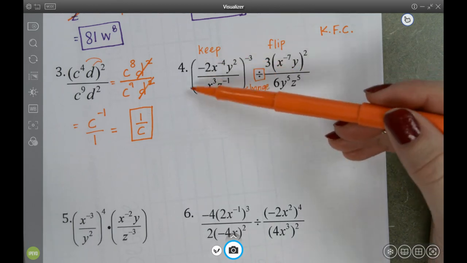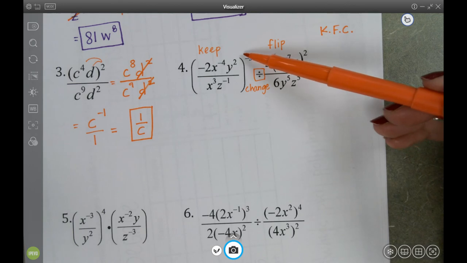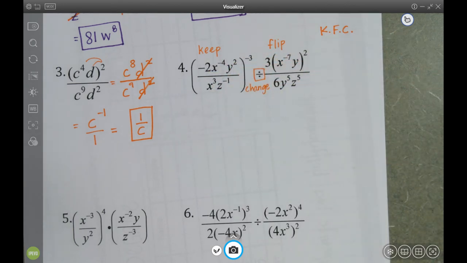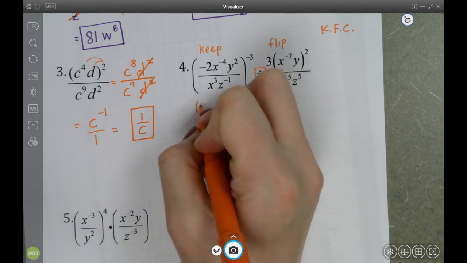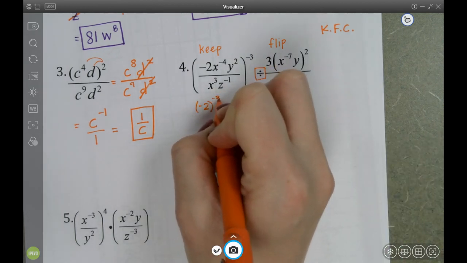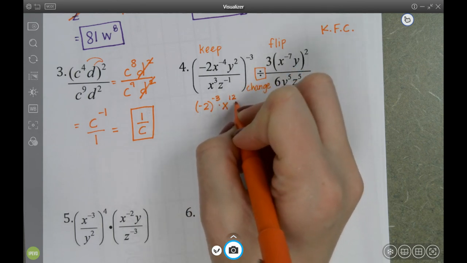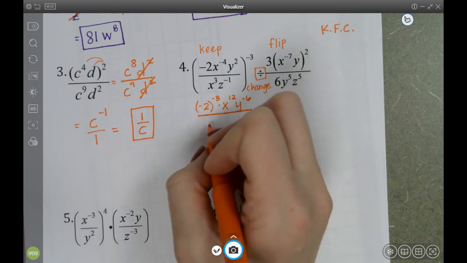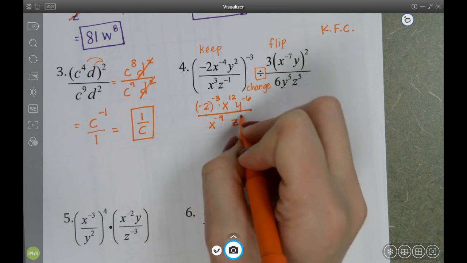So while I'm keeping this first one, I'm going to distribute this negative 3 exponent to all of these terms. So I'm going to do negative 2 to the negative 3, x to the 12, y to the negative 6, over x to the negative 9, c to the 3rd power,